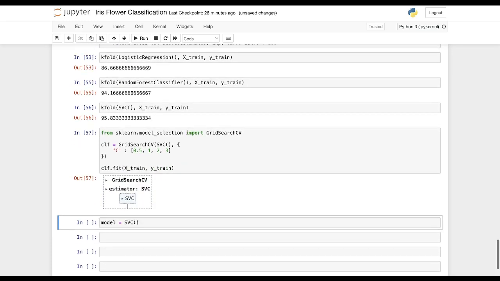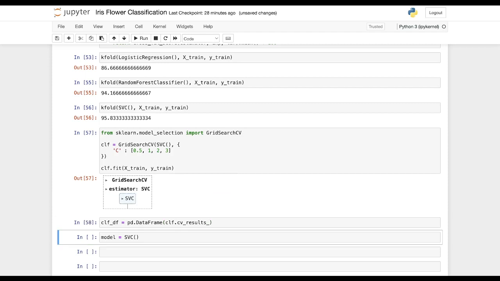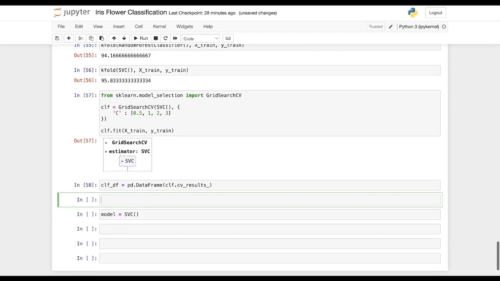Next thing that we will do here is create a data frame. So we will say clf is equal to pd.DataFrame, and here we will store clf.cv_results_, and we will check the column names from this classifier.